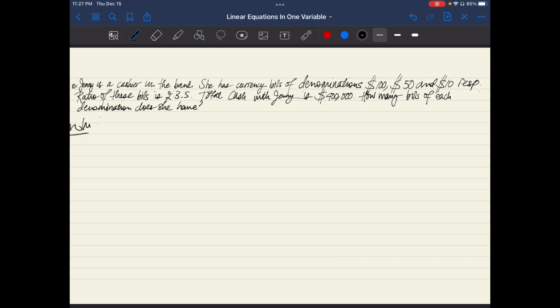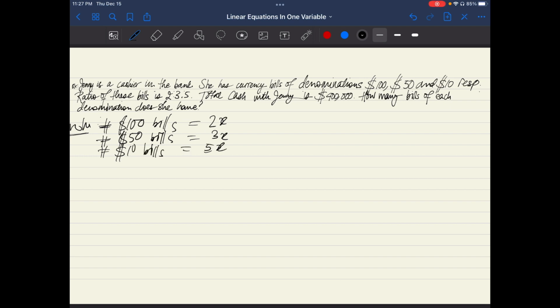Now, our next question says, Jenny is a cashier in the bank. She has currency bills of denominations 100, 50, and 10, respectively. Ratio of these bills is 2:3:5. Total cash with Jenny is $400,000. How many bills of each denomination does she have? So let us say that the number of $100 bills from the ratio is 2x. The number of $50 bills from the ratio again is 3x, and the number of $10 bills from the ratio is